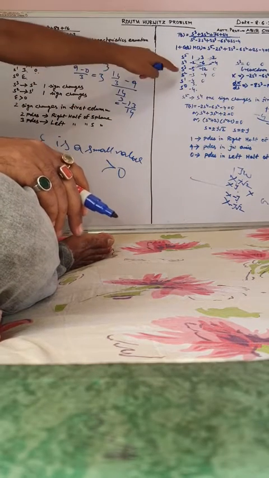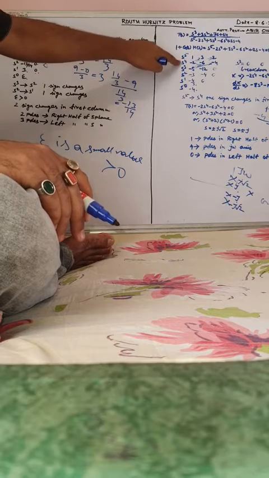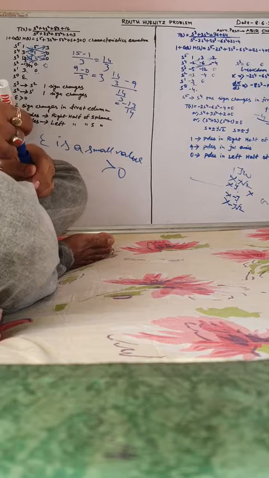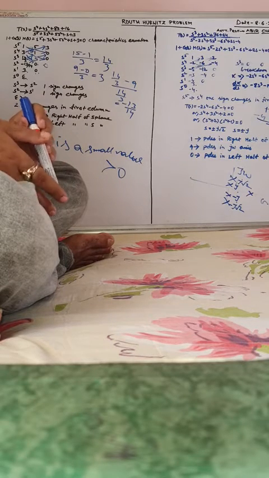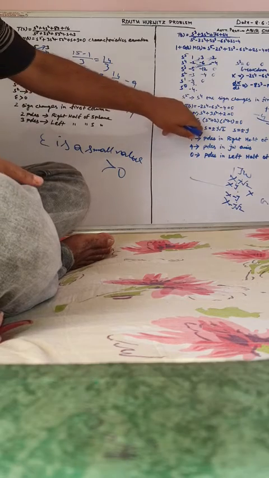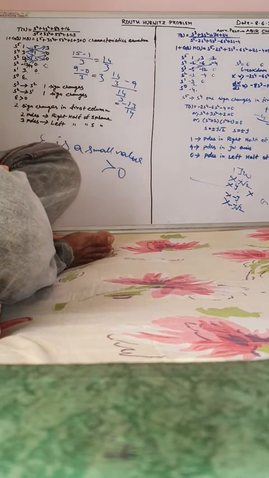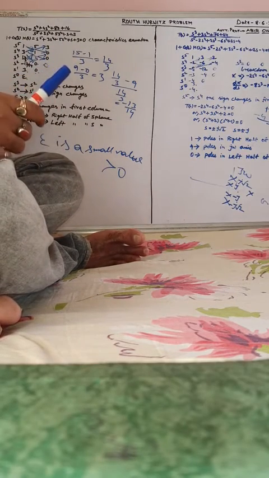So don't go with S square. It will be wrong. Go with S4. You will get 4 poles. You may get 4 poles lying on the j omega axis, or the imaginary axis. These are imaginary axis poles. These two are imaginary axis poles. So we have solved 2 very important problems.